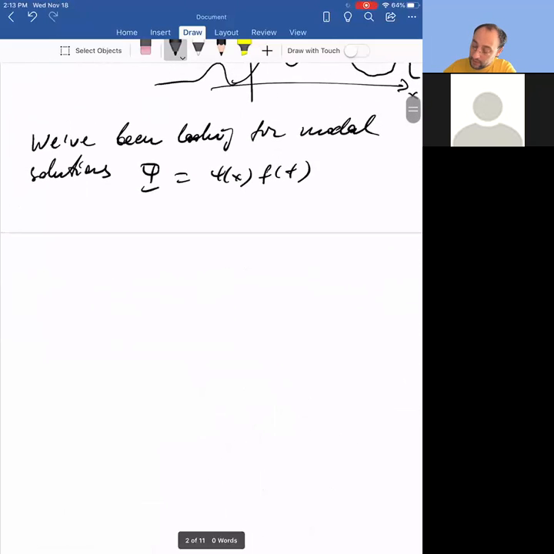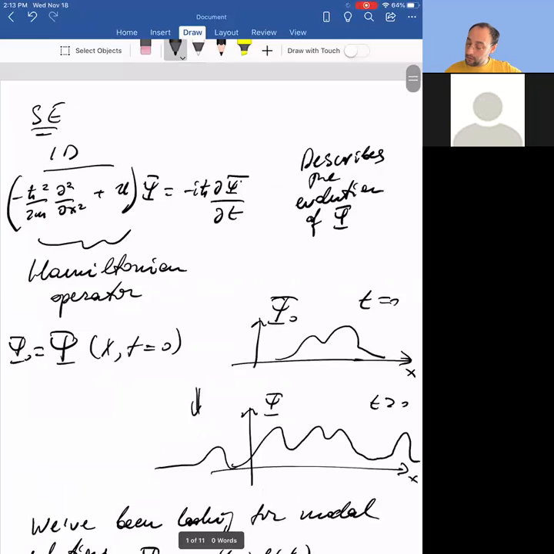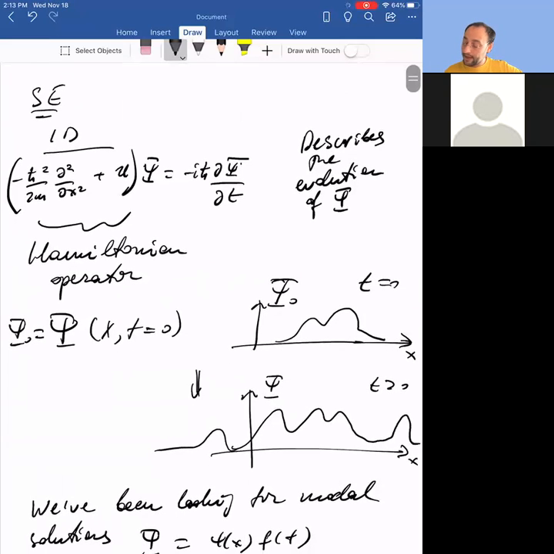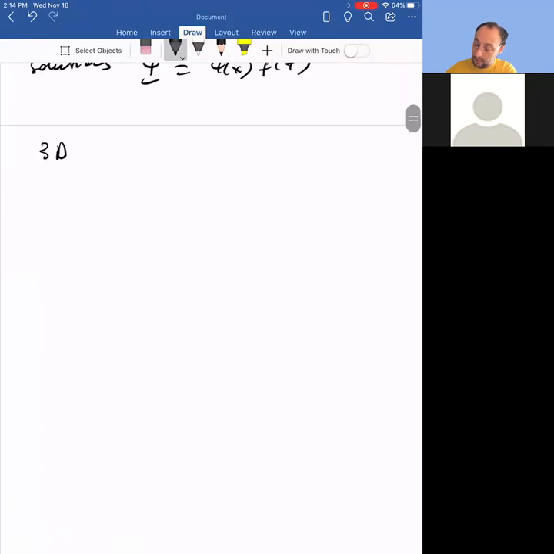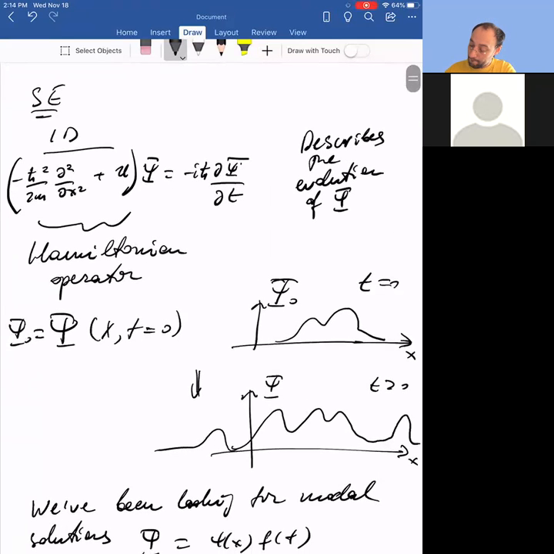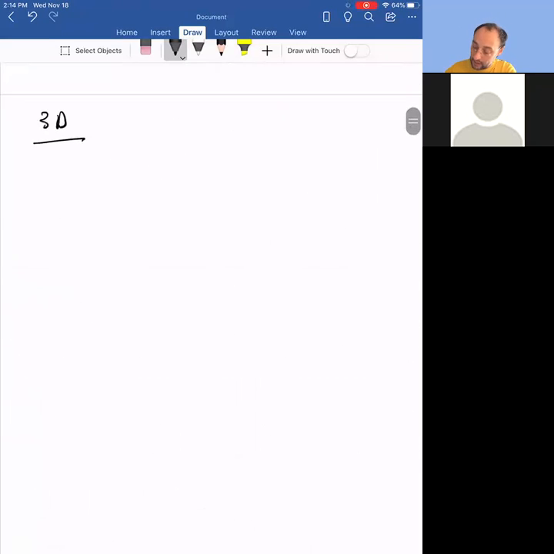Anyway, what about 3D? If you look at the structure of Schrödinger's equation, it's the kinetic energy operator plus the potential energy operator, operating on the wave function, giving minus iħ times its time derivative. And that remains true in 3D. So if you write this in terms of the operators, I can write this as the kinetic energy operator plus the potential energy operator operating on the wave function equals iħ times its time derivative. And the same is true in 3D,